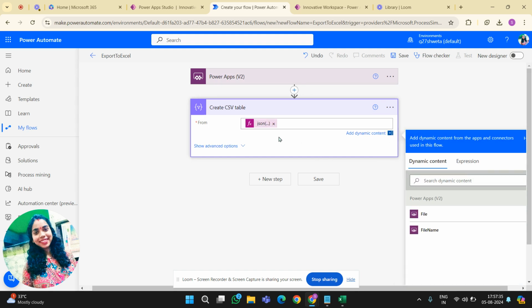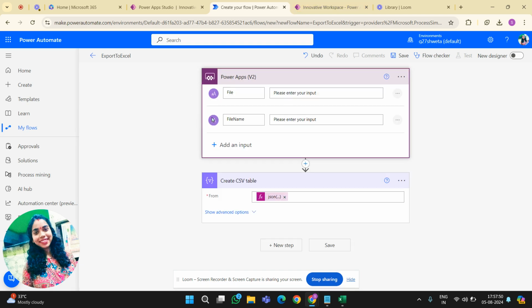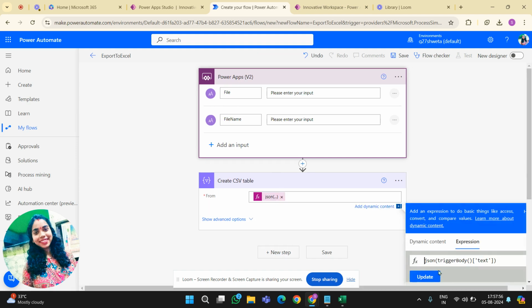Now one question may come to your mind: why are you converting it into JSON again if we already converted it into JSON? The answer is that this JSON we converted into text. Now in the CSV table, we are converting the text into JSON.